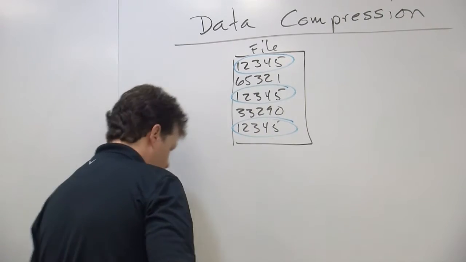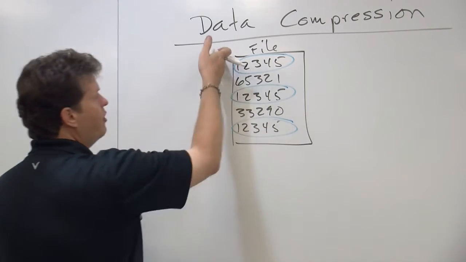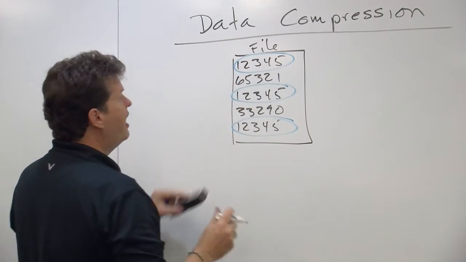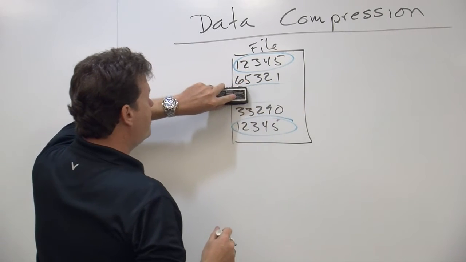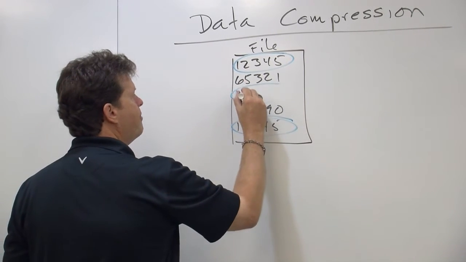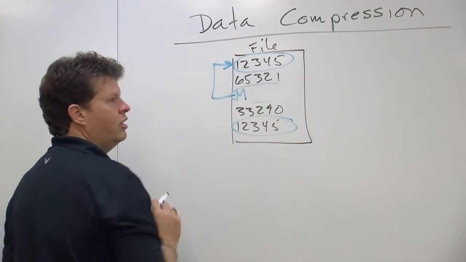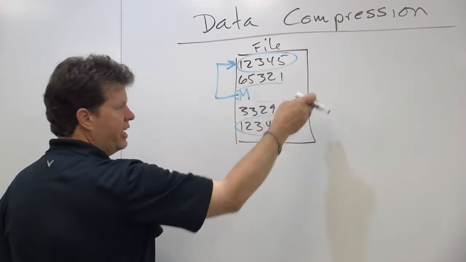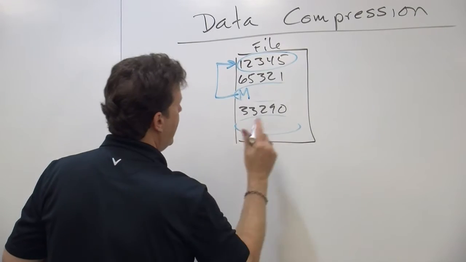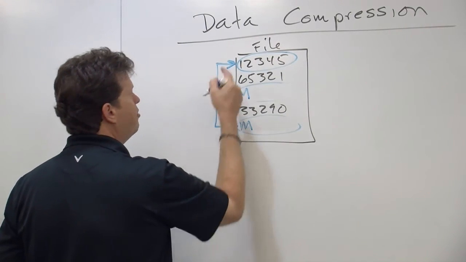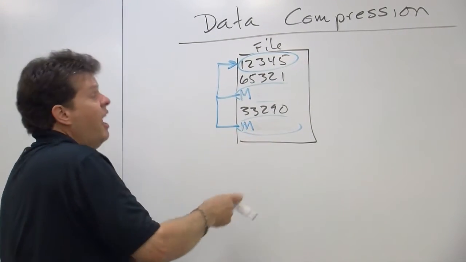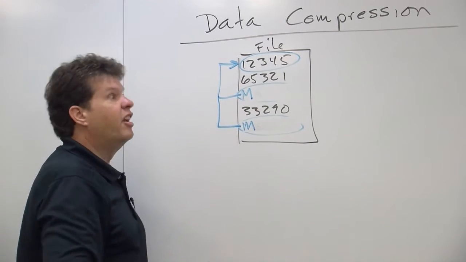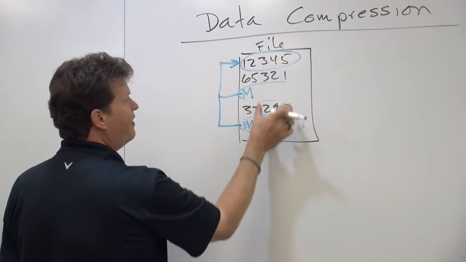So what the algorithm is going to do as it encounters duplicate strings of data is essentially erase one of the duplications and put a marker that points to a duplicate. And we hit this one, we see it, we delete it, we hit this one, we erase that, put a marker in there, and it's going to point to the same piece. We just do this. And the more strings that match, the better the compression, because we're saving all of this